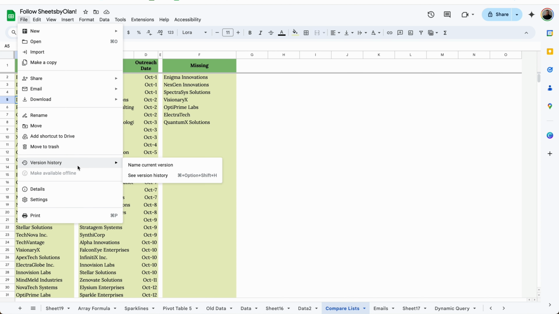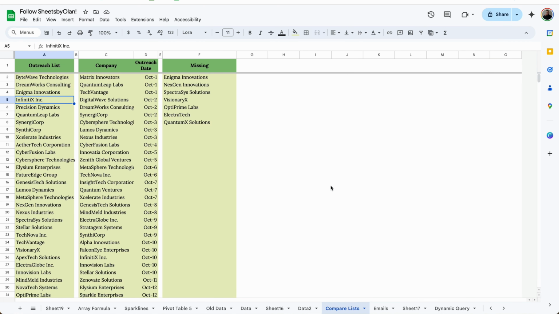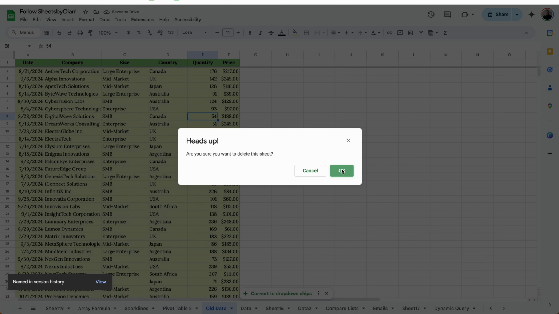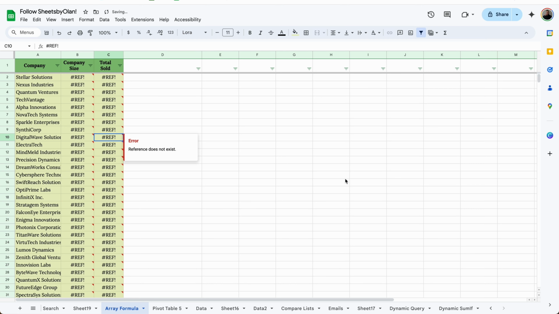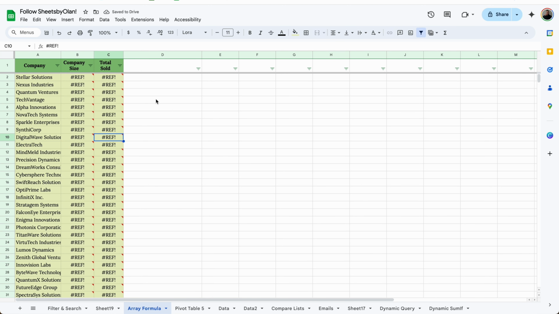Now, best practice before you start making a bunch of edits is to go to File, Version History, then name the current version. You can name it whatever you want. This will just help you identify it from all the different versions later. Since Google Sheets saves after every edit, there's a lot of versions, trust me. So let's say you accidentally messed everything up and there's a lot of things that are wrong. All you have to do to